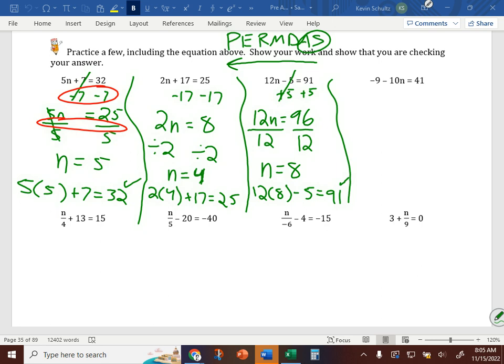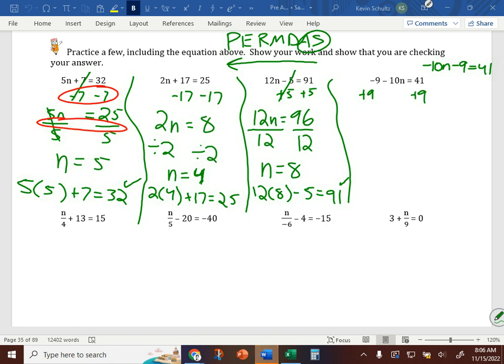Now, if it's throwing you off because our variable term is the second term rather than coming first all the time, you can rearrange this to be negative 10n minus 9 equals 41. As long as you keep the signs the same, negative 9, negative 9, negative 10n, negative 10n, you can reorder things, and it's not going to change the value. And that's just optional, right? If you don't want to do that, you don't have to. But if it's easier for you to think about it with your variable term first, you can rewrite this to make that happen. But anyway, we're going to add 9 to both sides,